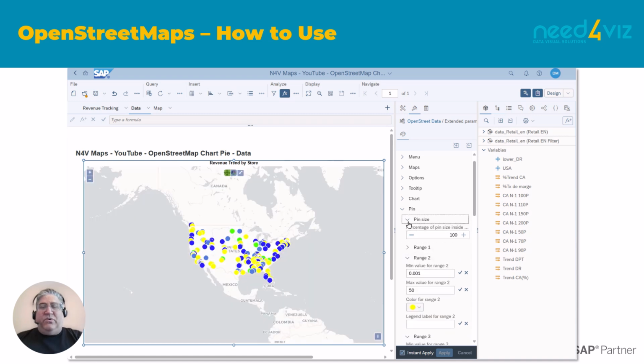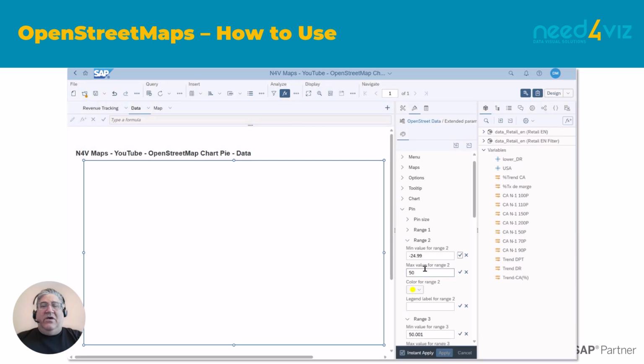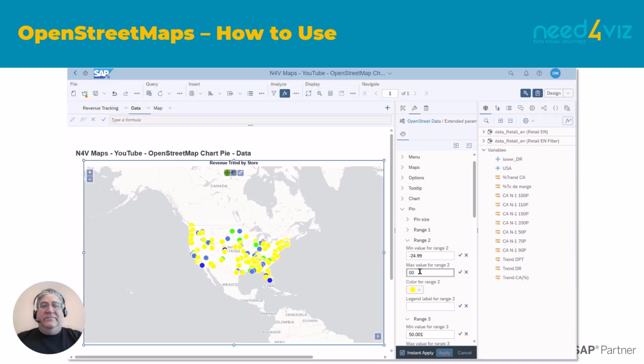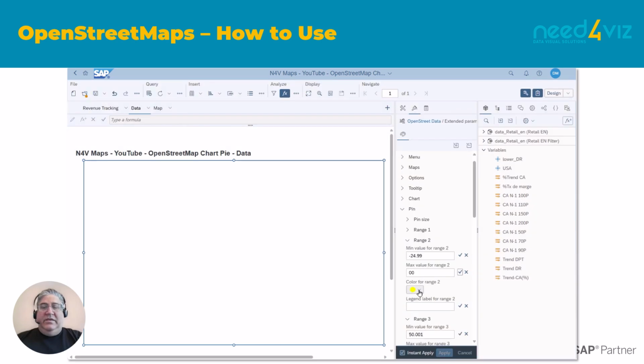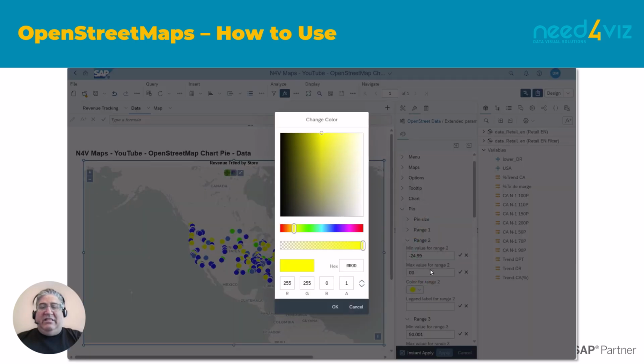So range 1 was really bad data. Range 2 is sort of bad data. And it's going to take us up to 0% on our this year results. Okay, so I'm going to make that a lighter blue.